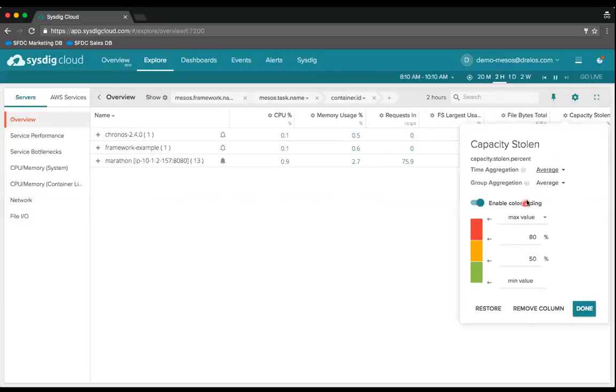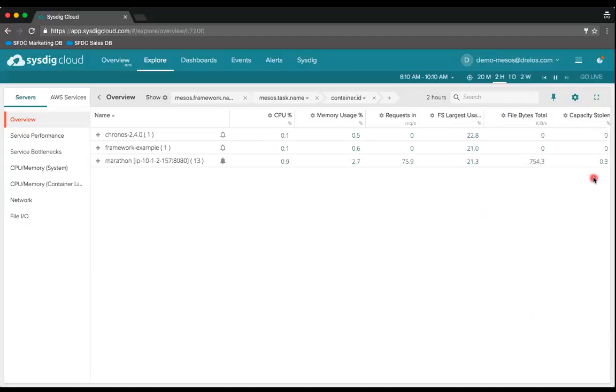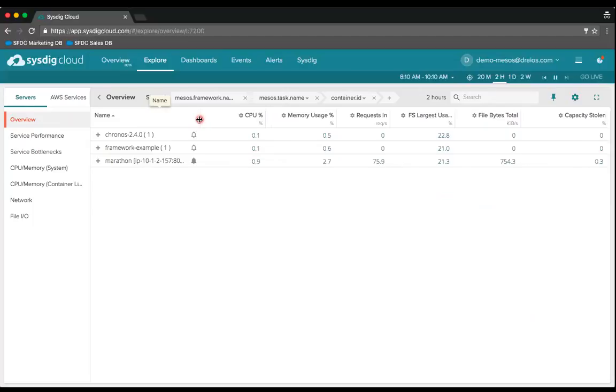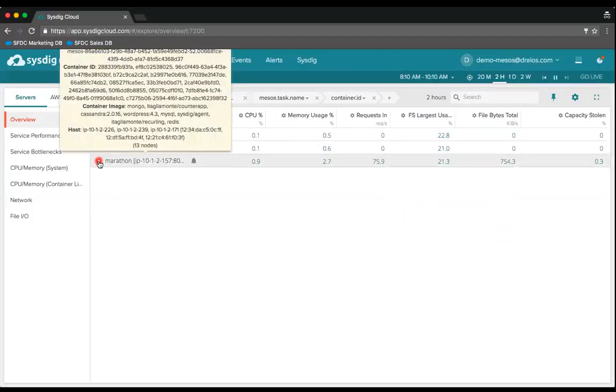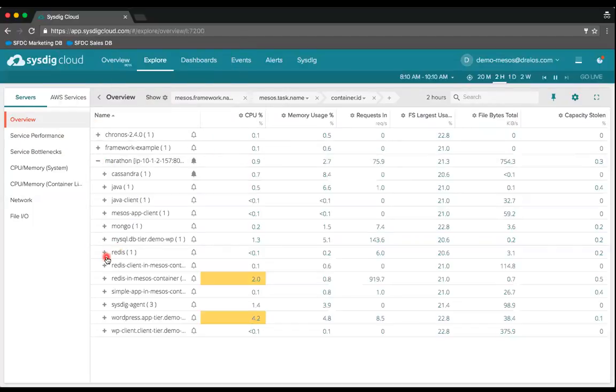And now I may choose to enable color coding and say, change that to 0.5. Nothing qualifies right now as something to be color coded, but if this were a little bit higher, it would have. So that's cool. We've got a customized table that's kind of working how we'd like it to. Now the good news is,